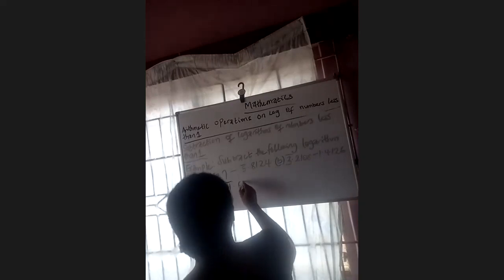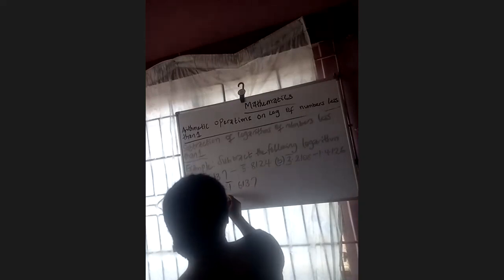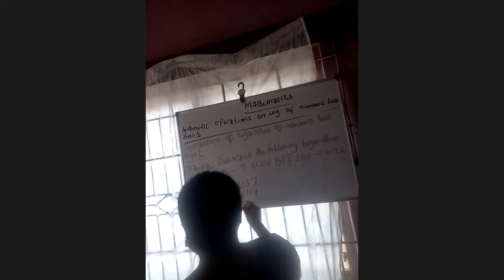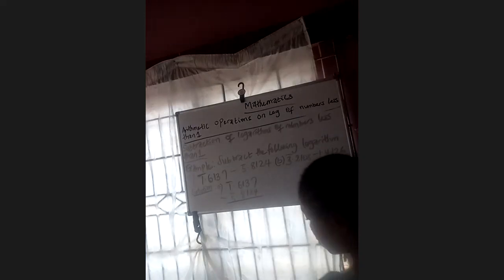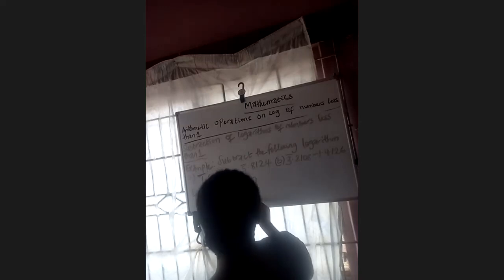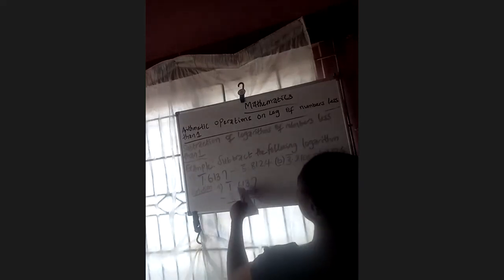So let's solve this. The first one, which is bar 1.6137 minus bar 5.8124. So when we subtract this, we have 7 minus 4, which is 3. 3 minus 2, which is 1. 1 minus 1, which is 0. And then